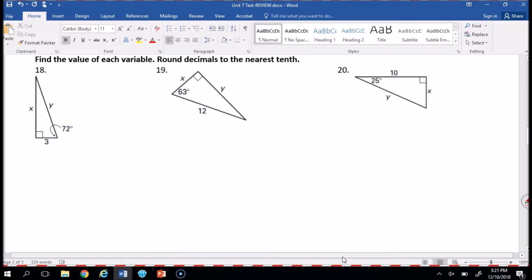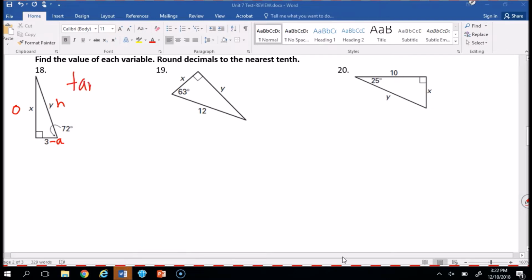So first of all, if we look at this side 3 down here, this is adjacent to our angle. If we look at our y, that's our hypotenuse. And if we look across, this is going to be our opposite. So I say let's go ahead and solve for x first. So we're going to look at the ratio of A and O, which is adjacent over hypotenuse, and that's our